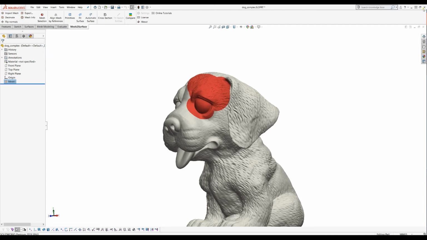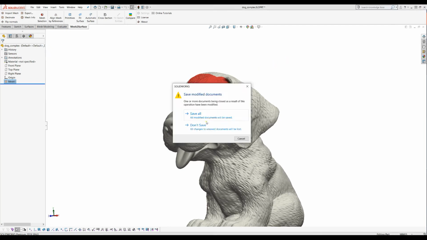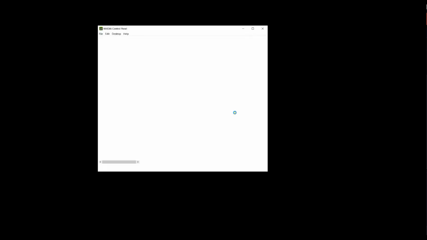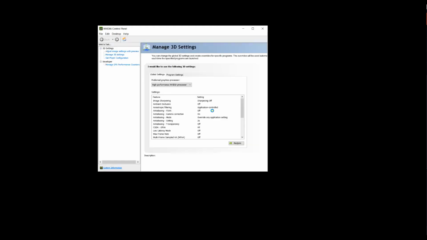I just close these. You exit SOLIDWORKS first, then you right click, and if you have an NVIDIA, you just start the NVIDIA control panel. I wait until it comes to my screen. And then you need to check your 3D settings. You go to Manage 3D settings and look for the anti-aliasing. As you can see here, it is set that